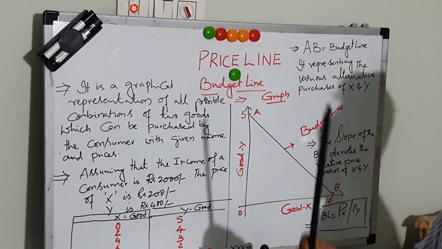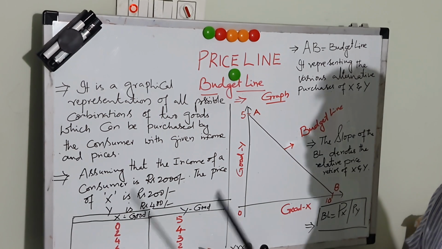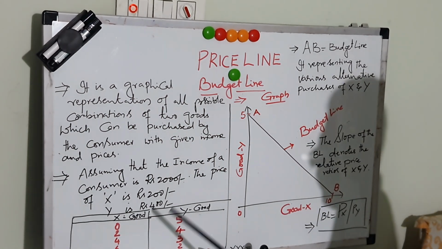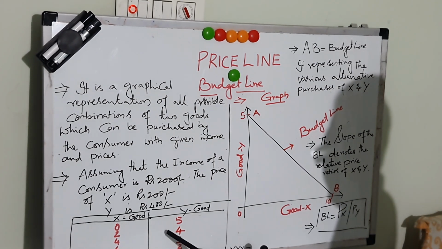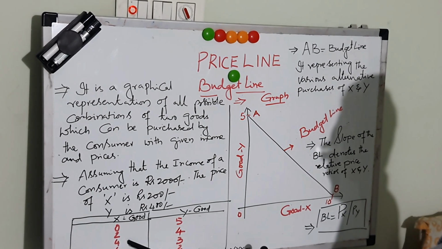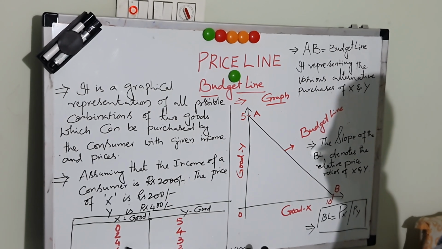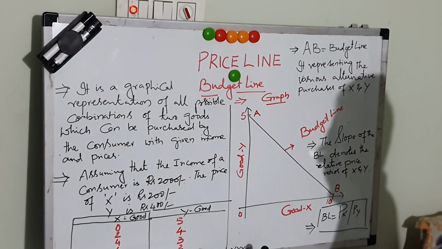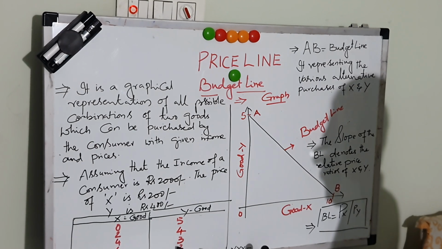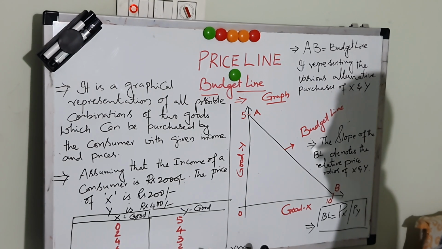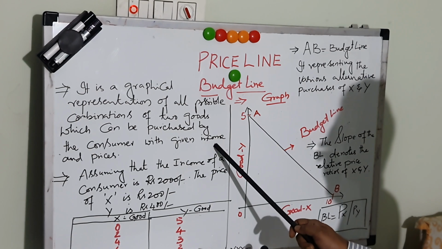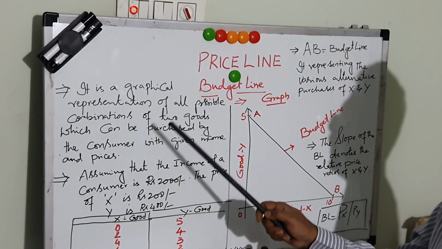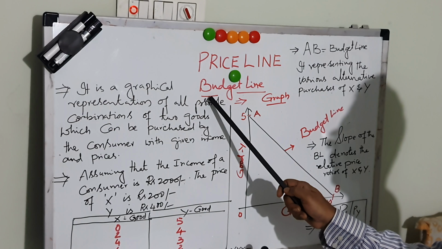So, based upon the income level of the consumer, he can purchase different combinations of X and Y. If he wants to purchase 2X, he will get 4Y. 4X, he will get 3Y. 6X, he will get 2Y. 8X, he will get 1Y, and 10X, 0Y. So, depending upon the level of income and the prices of X and Y, there are possible combinations of